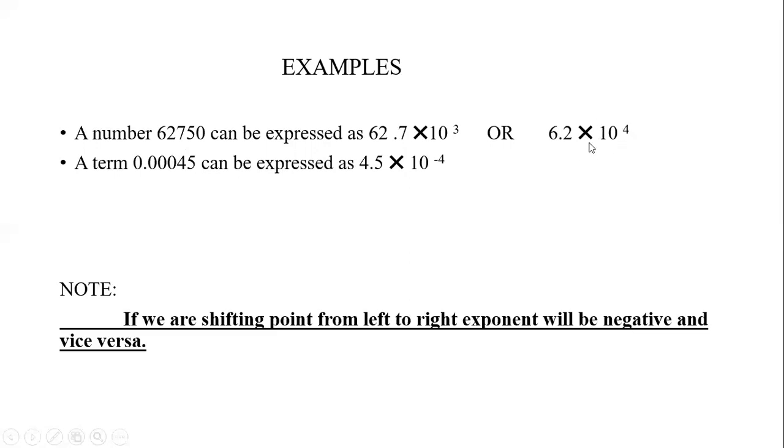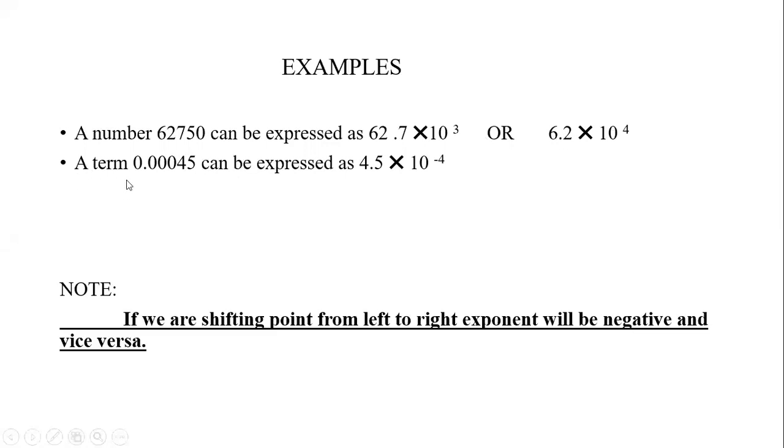This multiplicative sign and the power of 10, this whole thing is termed as exponent. This is exponent 4. If we have a quantity with this sign and 10 power 5, we can term it as exponent 5. You can't say 6.2 multiplied by 10 power 4. No, this will be wrong. The correct way of this terminology is 6.2 exponent 4.